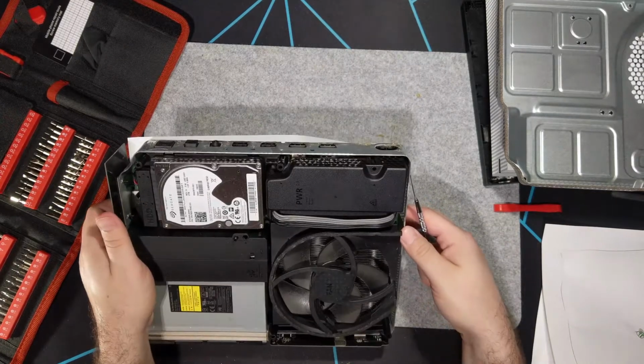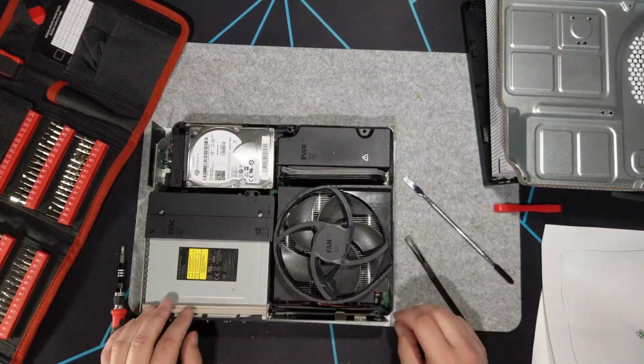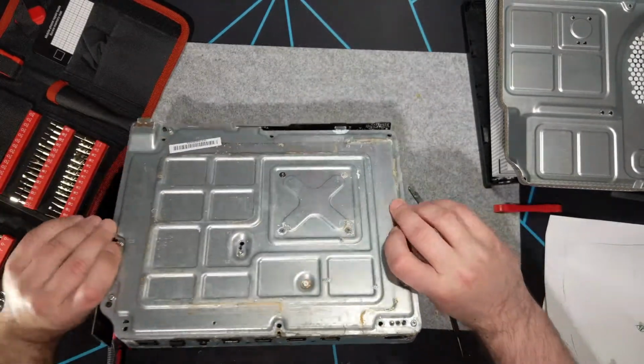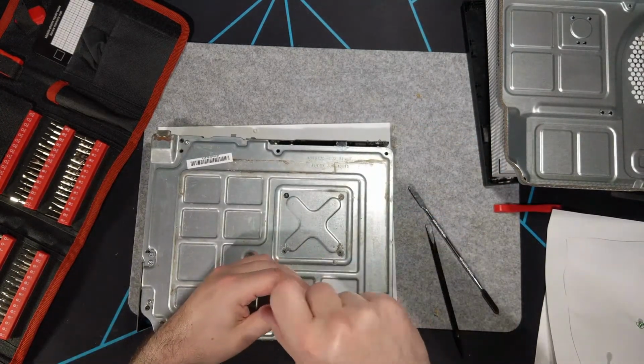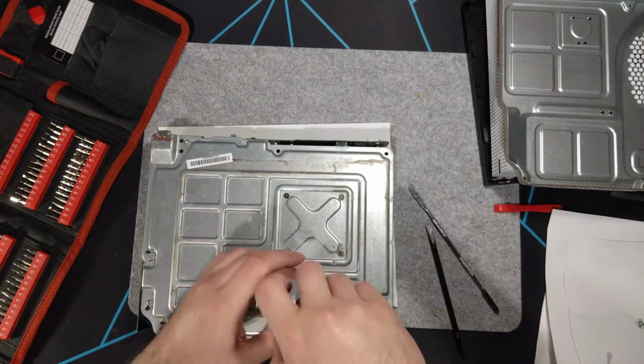Really don't want to have to remove the fan, but I may have to, just to get to it more easily. I'm pretty sure if I just remove these screws, we'll be okay. I may need to take apart the entire board anyway, based on all the liquid that's here, but